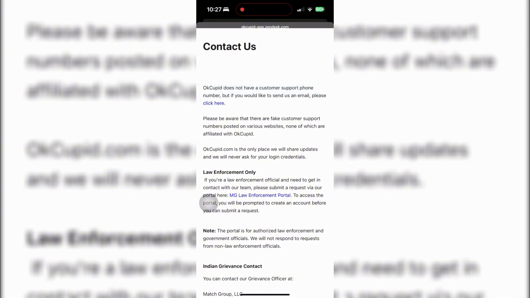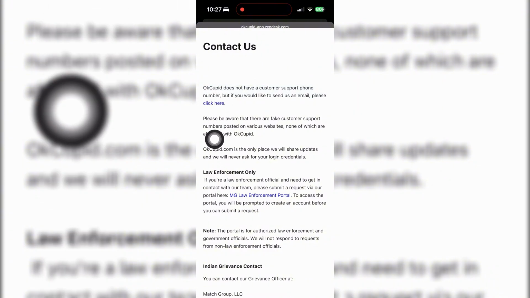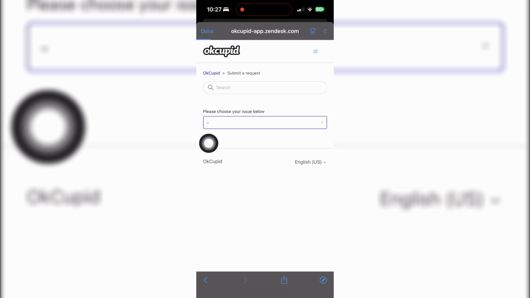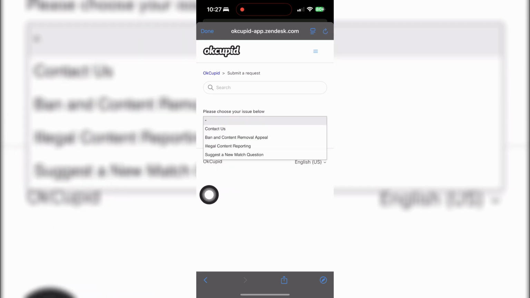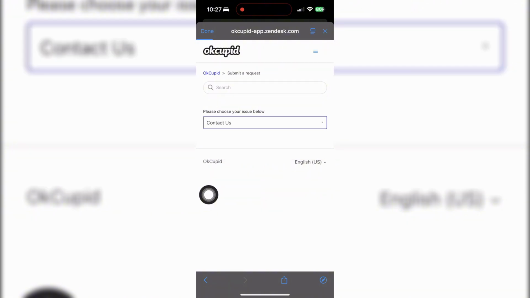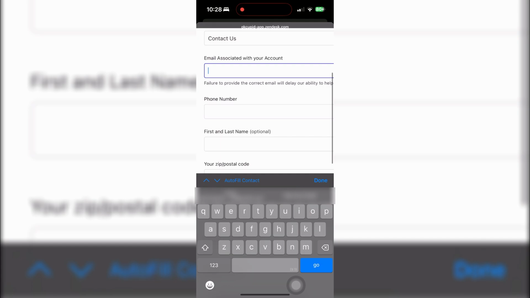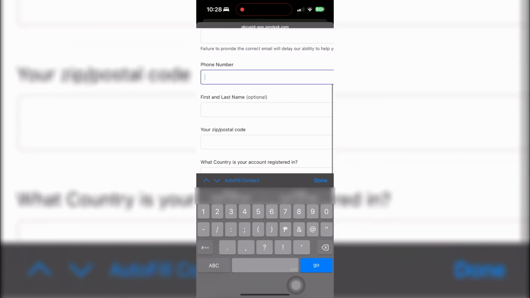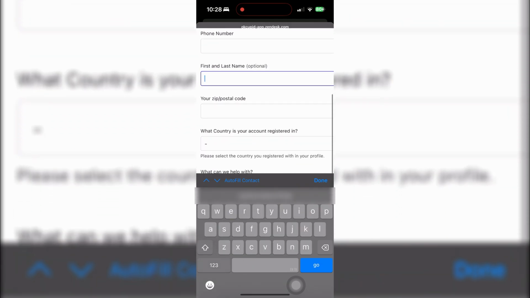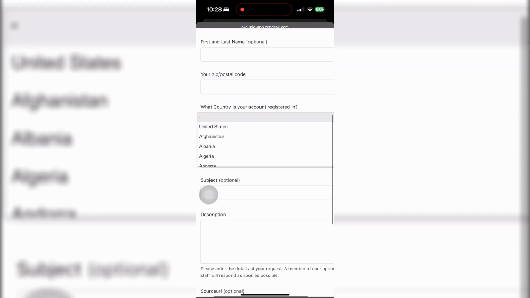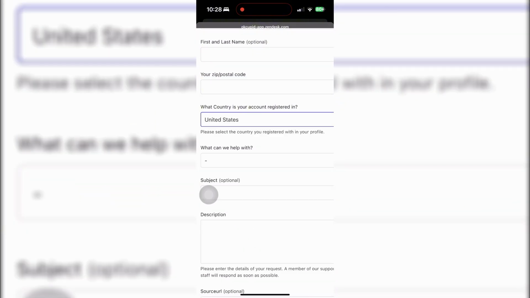Tap that. From there, you can choose the issue you're dealing with from a list, or just type it out manually. Then, fill out the rest of the form with your details, like your email and a quick explanation of what's going on. Once you hit send, your message goes straight to their support team and they will follow up